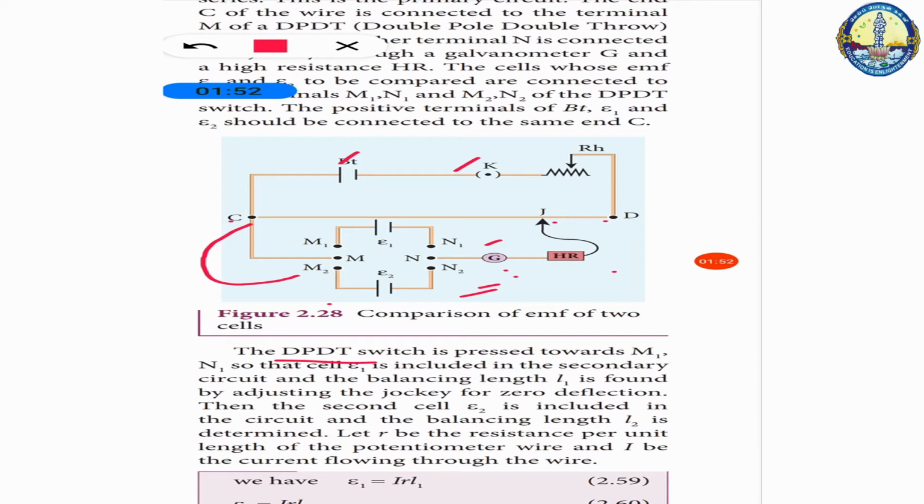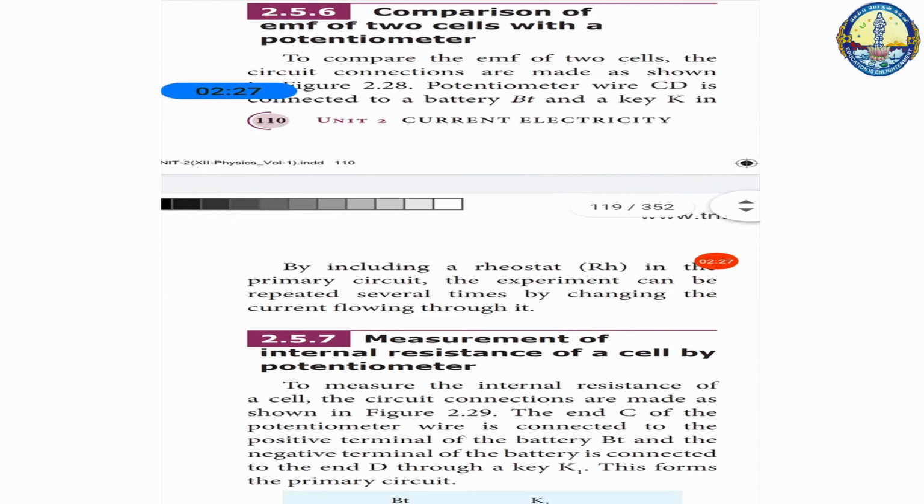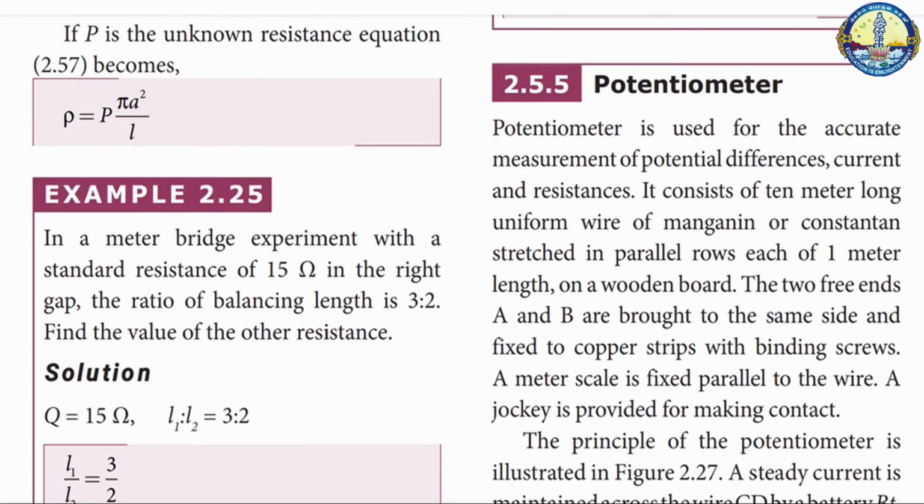So let R be the resistance per unit length of the potentiometer wire and I be the current flowing through the wire. The potential difference for the first EMF is epsilon 1 equal to I R L1. Here I and R are constant, and the length L1 varies for the first EMF, and second EMF epsilon 2 is equal to I R L2. By dividing these two equations, we get epsilon 1 divided by epsilon 2 is equal to L1 by L2. By including a rheostat,